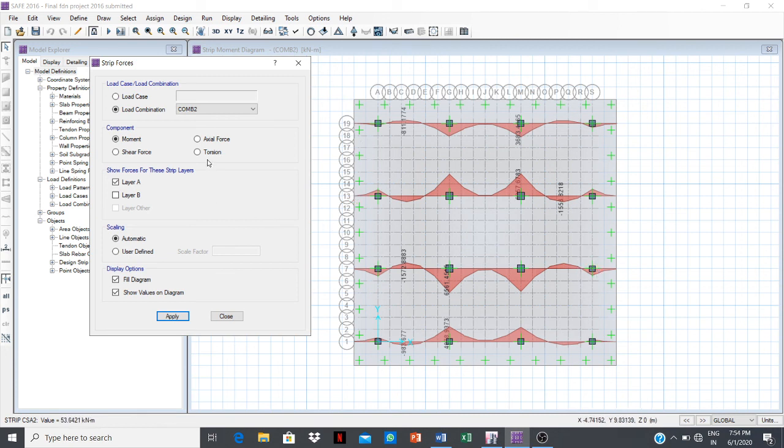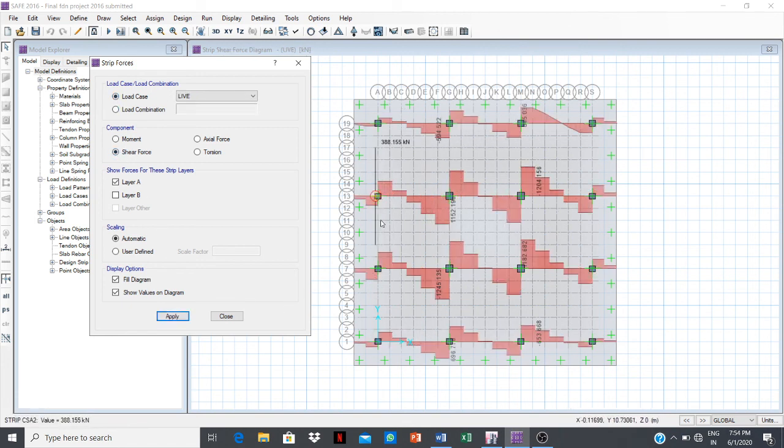of moment. Likewise we can check shear forces also. These are the shear forces which are shown. This is for dead loads. Now we will check